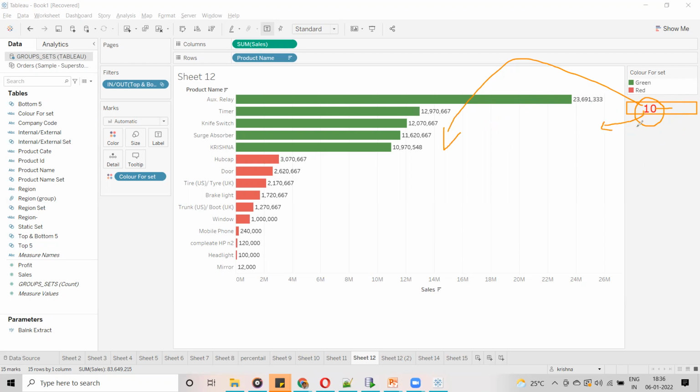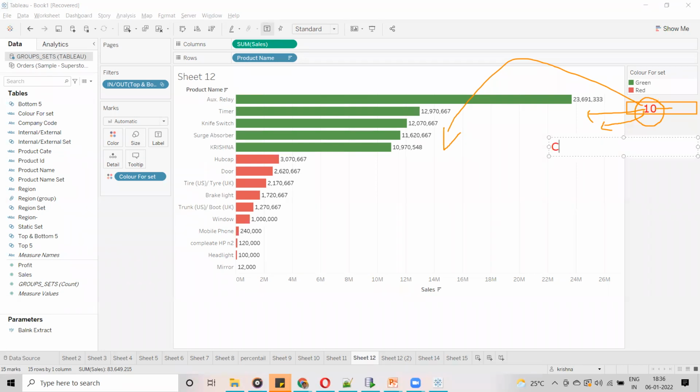So guys, once you create a parameter, there should be some mediator which can pass the value into the visualization. The mediator is the calculated field. A calculated field is going to work as a mediator.